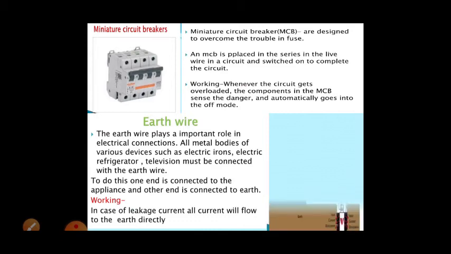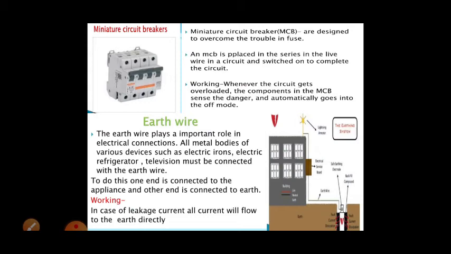So how it works: if you observe, this is the earthing, which goes directly to the earth. It will be very useful when lightning or thunder happens. This lightning is very dangerous. The earthing, if we keep it like this, will take all of this. In another way, the household circuit is also connected.